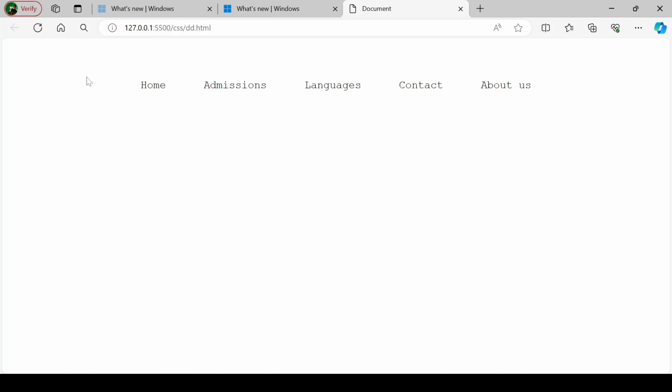Next, in CSS we are going to create this page. In this, home, admission, all these are hyperlinks which are linked to some other page, and this is our drop down menu. In this drop down menu, again these all are links, and again this contact and about us